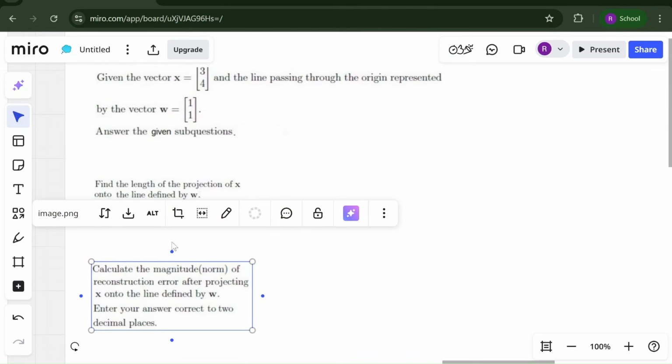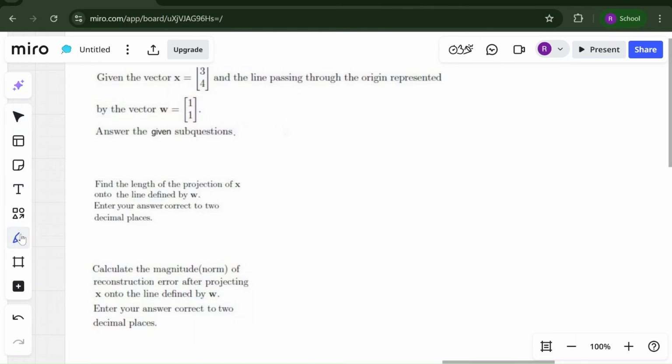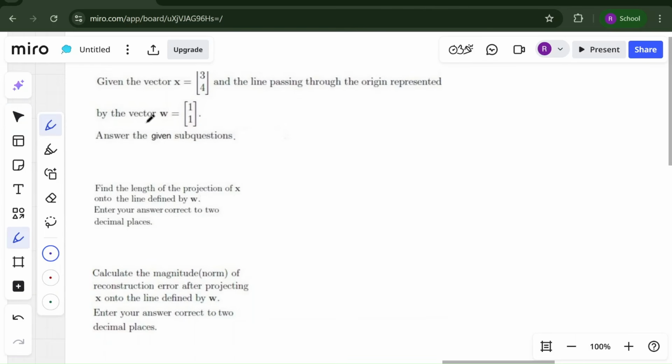So this is a question on basic projection. It says: given the vector x = (3, 4) and the line passing through the origin represented by w, answer the given questions. Find the length of the projection of x onto the line defined by w. This is something we discussed. The projection is given by x transpose w times w,